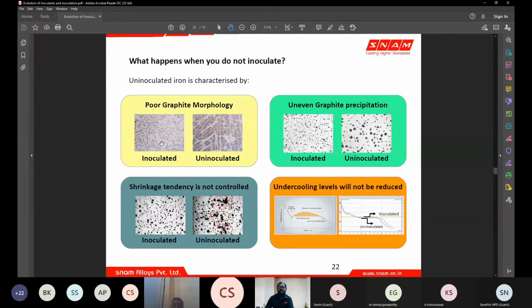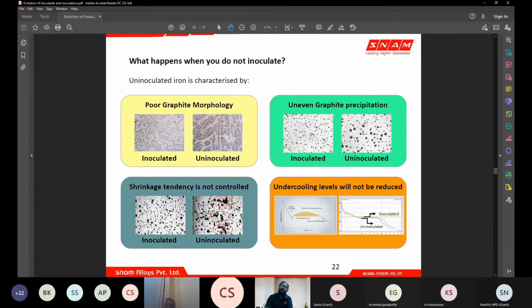So let us consider an automotive casting where the type A requirement of a gray cast iron of that particular casting is above 90%. So for that particular component, the requirement is type A and it should be more than 90%. And when you do not inoculate, when you add less inoculation, you still get graphite, but in a non-preferred orientation. So when you have graphite in the non-preferred orientation, you start getting non-uniform properties, in case of hardness, in case of tensile strength, in case of its performance during machining, like machinability, tool wear, these kind of things come into picture.